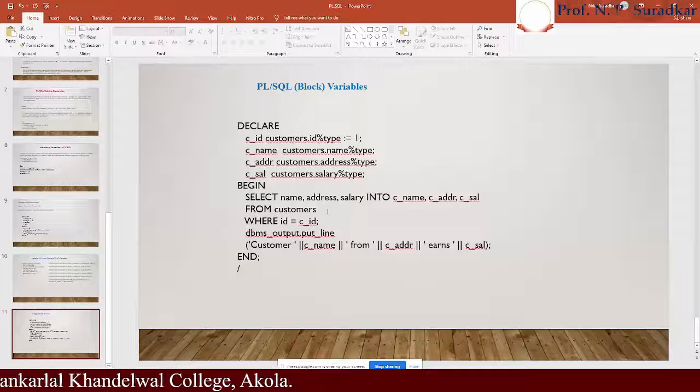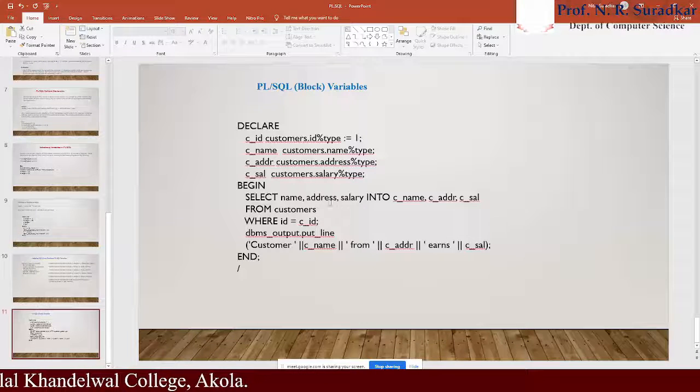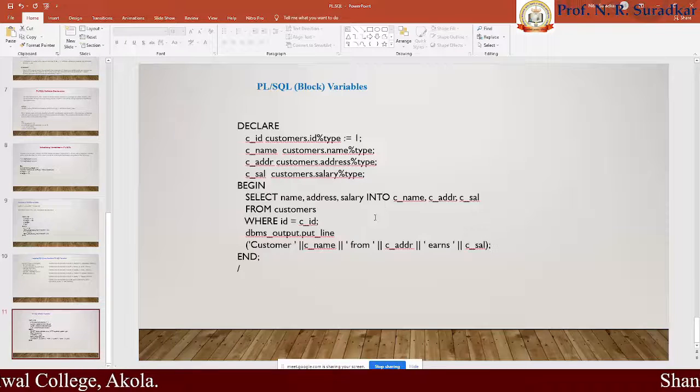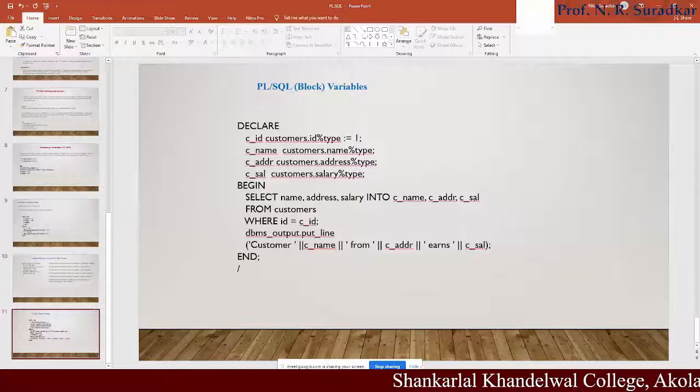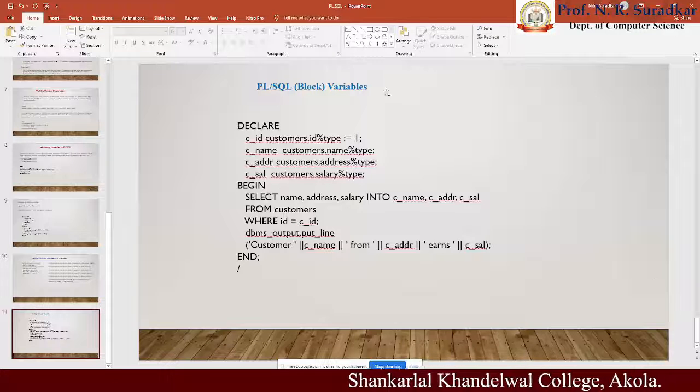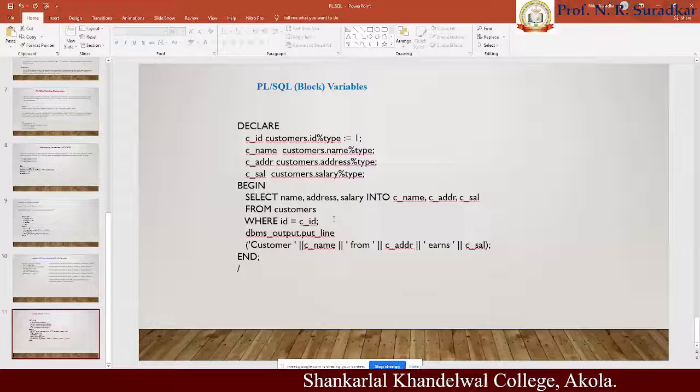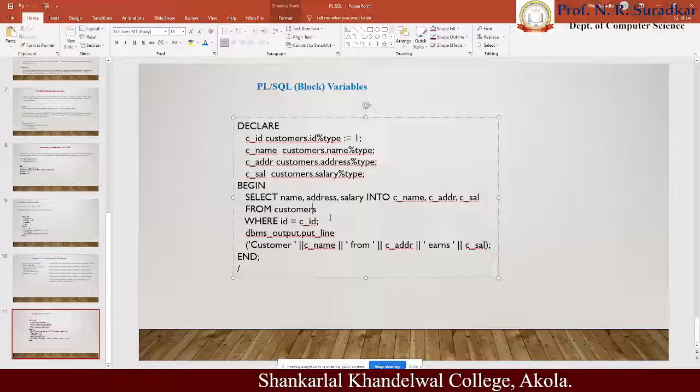Means whichever name, address, salary we have in the customer table should be put into C_name, C_address, C_salary. Because these are the variables of the PL/SQL block, we assign them by using this statement from customer, not customers, only customer.